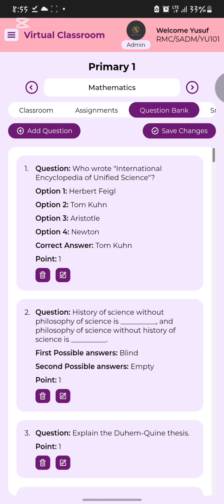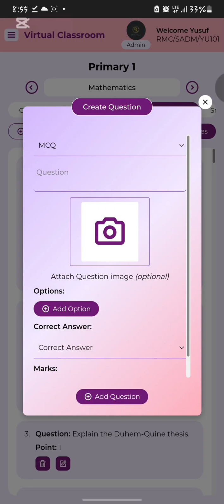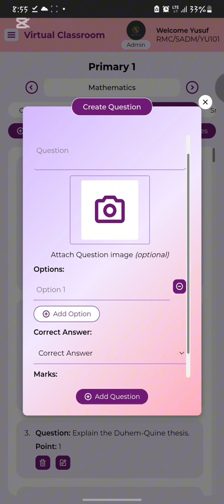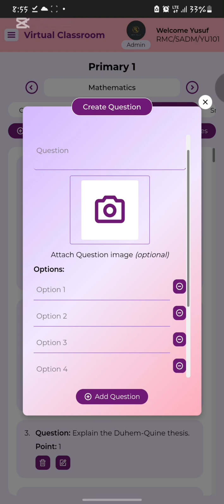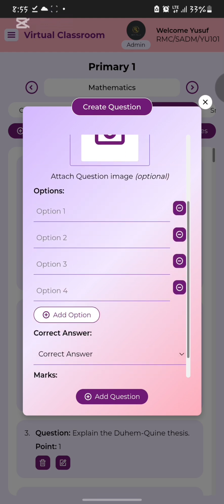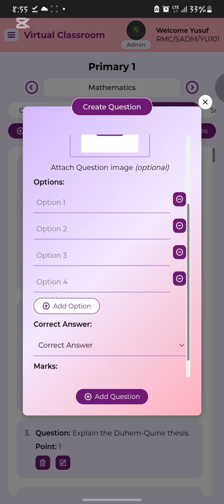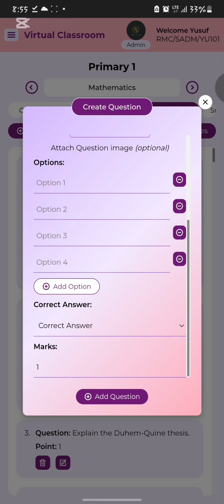Now, questions can be generated from a material, and they can also be inputted manually by clicking on this create question. Select the type of question you want to create. If the question supports an image, you add the image, and you also need to add the options. Now this is for MCQ, of course. It's a multiple choice question, so you need to enter all the multiple options here, and then you need to